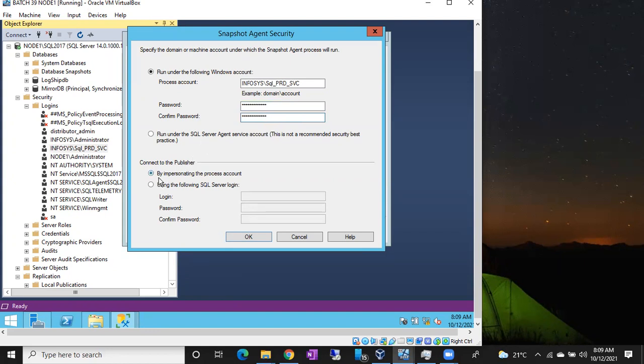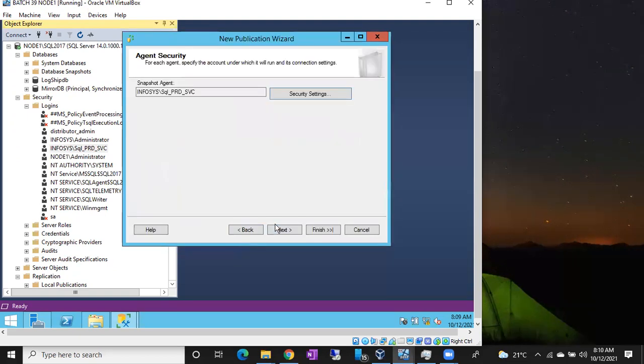If you choose by impersonating the process account, this is actually the process account. So it is going to connect to the publisher by using these credentials. If you give this option, impersonating process account, it means by using these credentials it is going to connect to the publisher, right? That's it. And click OK. And next,